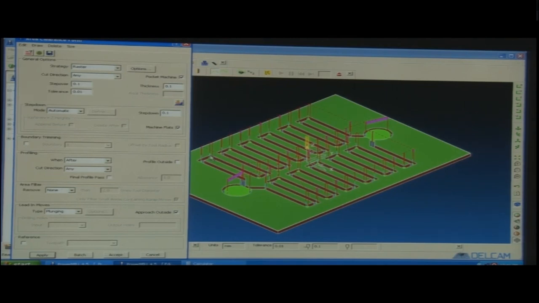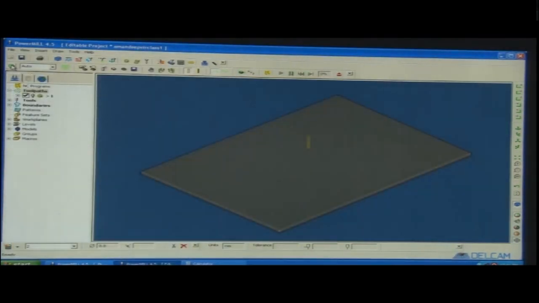What is plunging here? You can see the red and the blue lines. The red line is the first step of the plunging, the blue line is the second step. The red line distance is 3 mm, and the blue distance is 2 mm. This is the tool, it is going to plunge inside. How does the tool lead in or lead out? I am going to click here. It shows the sequence, command by command, step simulation. I will click on next step, next, next. So, command wise, it is leading in and coming out.